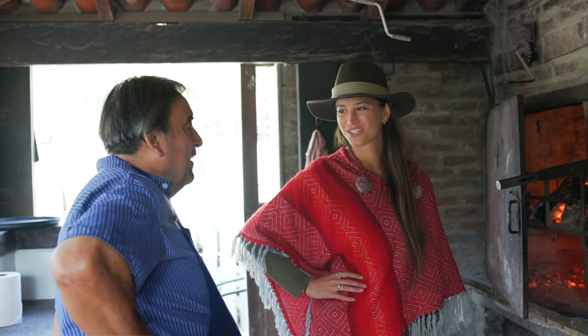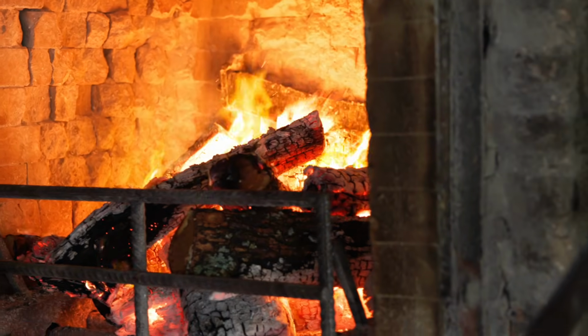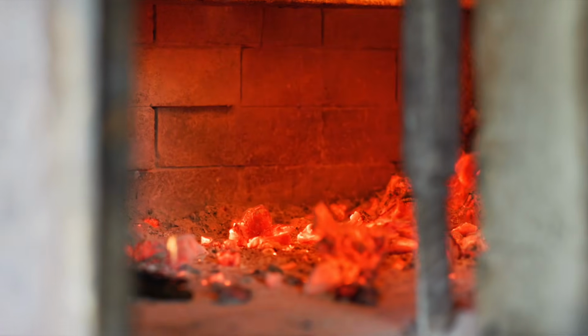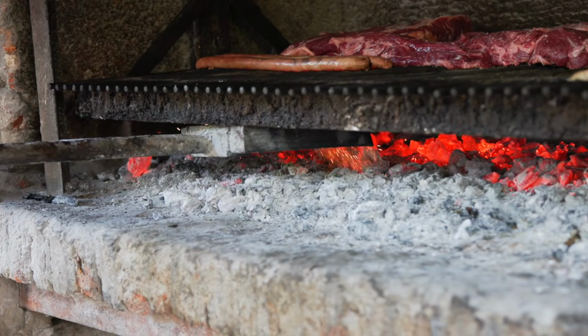This is our first glimpse into the traditional preparation of asado. We have an amazing chef here that has been explaining to me all of the different processes. They start by first rinsing off all of the different meats and then bringing them over here to hang them on the hooks. And they actually have a really fascinating type of barbecue happening here. They use a special type of wood that is very aerated so that the oven burns very, very hot, and it heats up all of these different coals that are hidden underneath, which he then scoops out and places equally